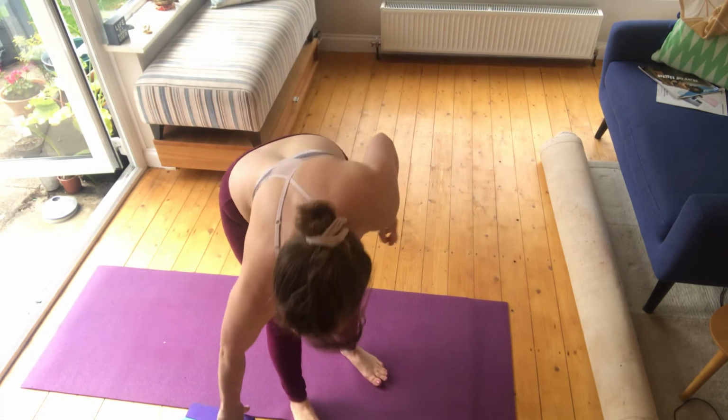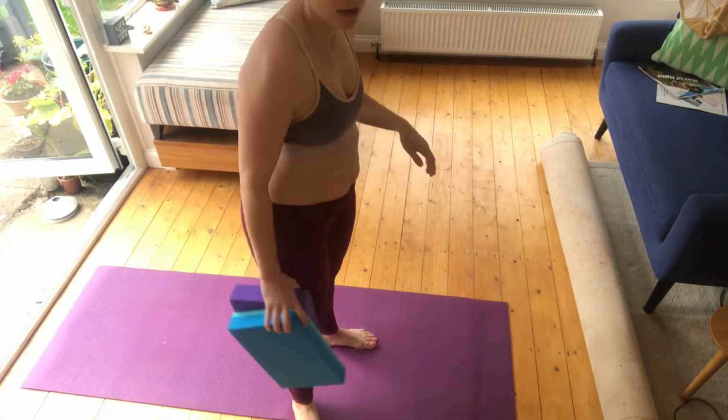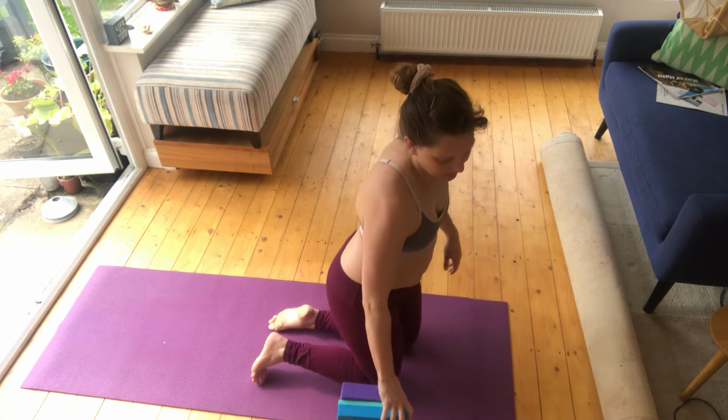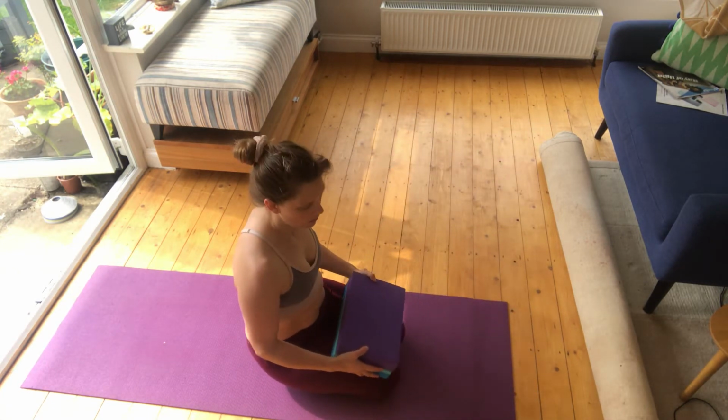So when you're ready, come to the mat. If you've got two of these or a cushion, that'd be great. Two blocks. Got Casper the cat circling around, so let's hope he doesn't attack me. So what I want you to do is first we'll just do a general few moments